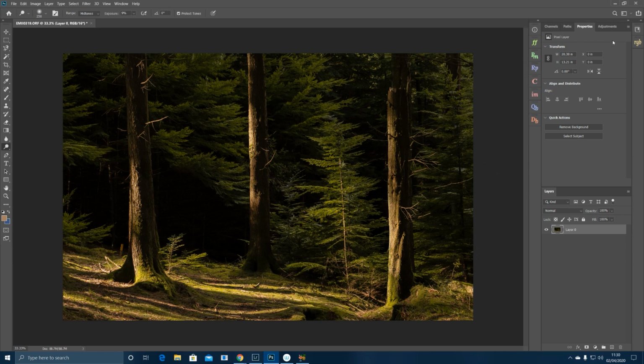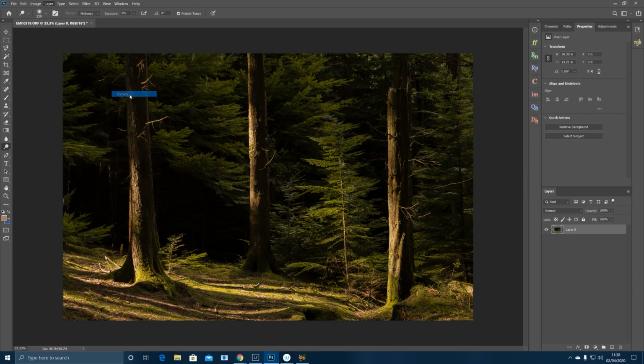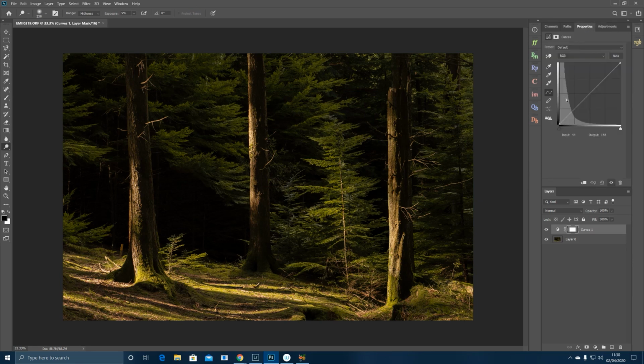Okay, next we're going to work on our curves adjustments. So if you want to go to layer, adjustment layer and select curves, okay, click OK. You can also just go up here to the adjustments panel and click curves there. Now the way a curves adjustment works is it ranges from darks to lights, so from left to right, darks to lights, okay? As you can see, there's quite a lot of dark areas in this image,